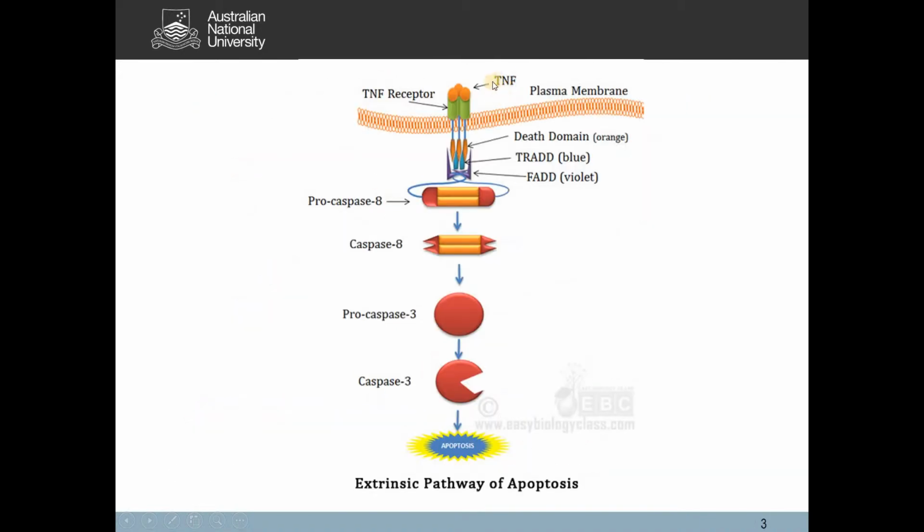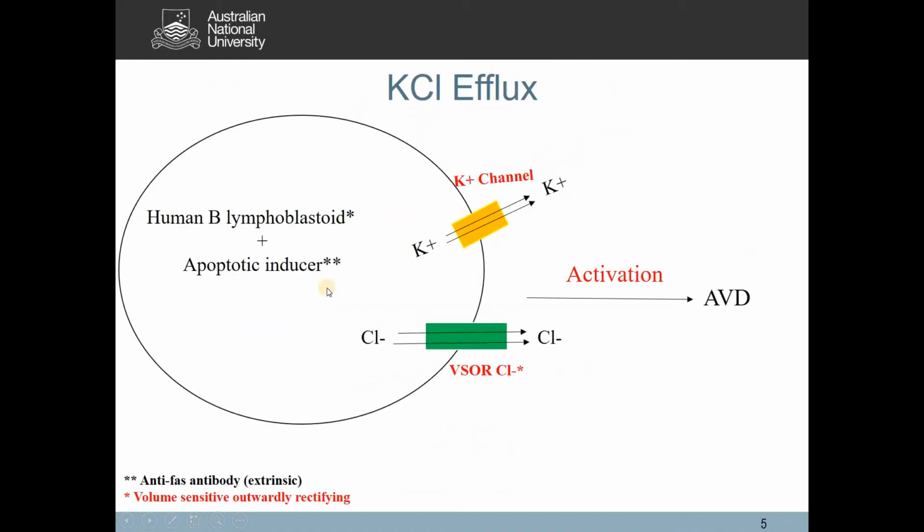So then we induce it with a specific antibody, a specific anti-Fas, which would initiate the apoptotic induction. Now, upon doing so, what will we see in the first 30 minutes to 2 hours? We're observing a flux of potassium ions and chloride ions from inside the cell to outside of the cell. This would, as you recall, activate apoptotic volume decrease. This is a major hallmark, if you wish,